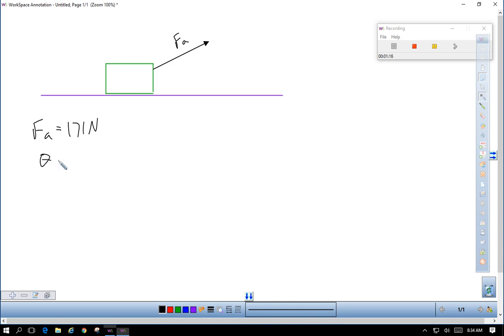So theta equals 27 degrees. The mass of the box was 37 kilograms, and mu k, meaning mu for a moving object, was equal to